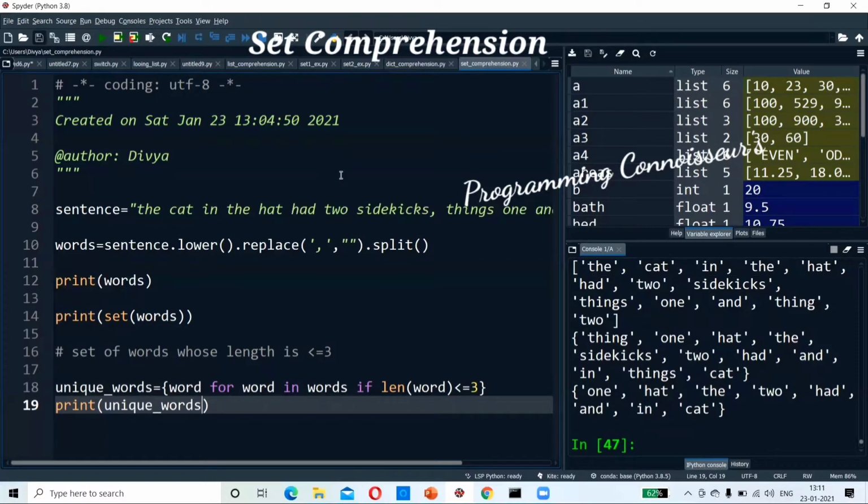The expression is not there here. The expression is word only. I am not doing any operation. I only have a condition. We have not mentioned the sentence. We have mentioned the words which have a, right. We are not doing anything with the sentence. We are doing it with the set of words.